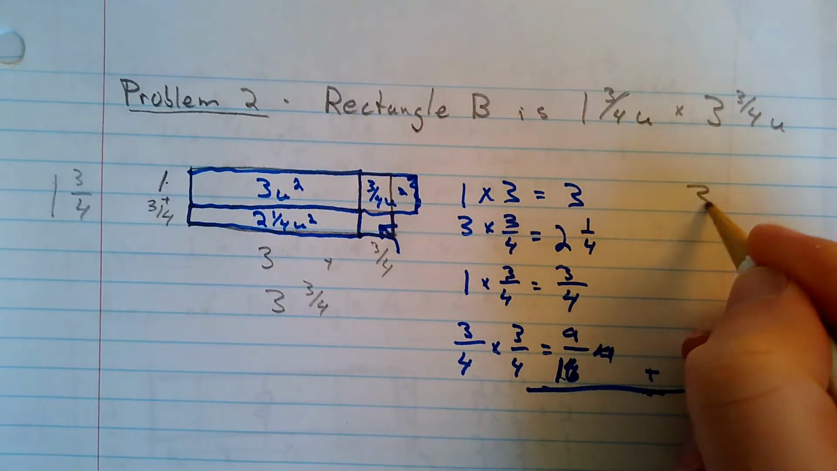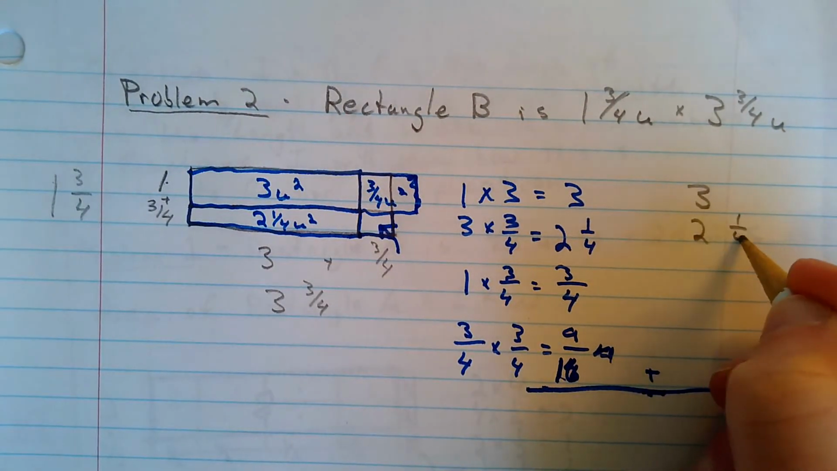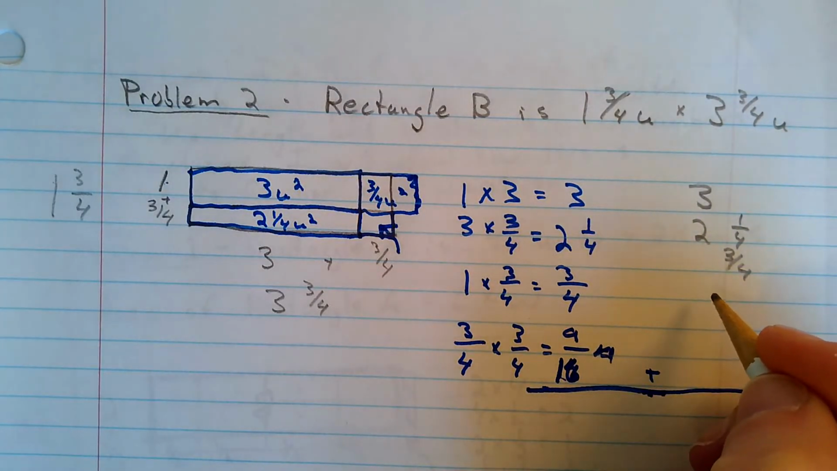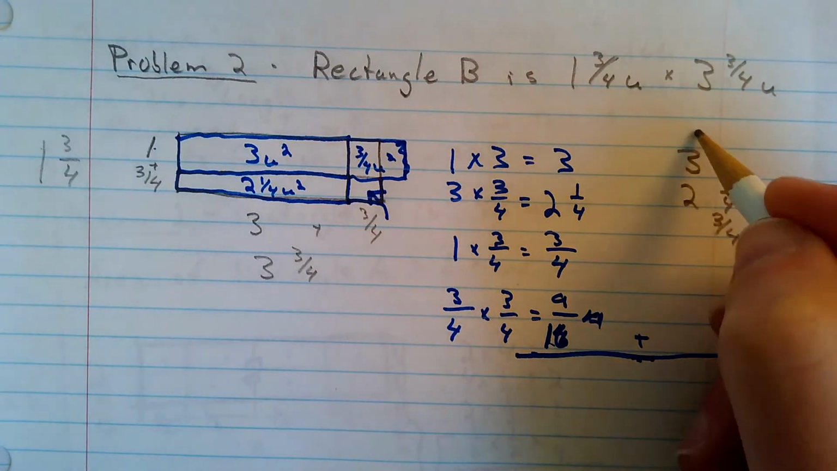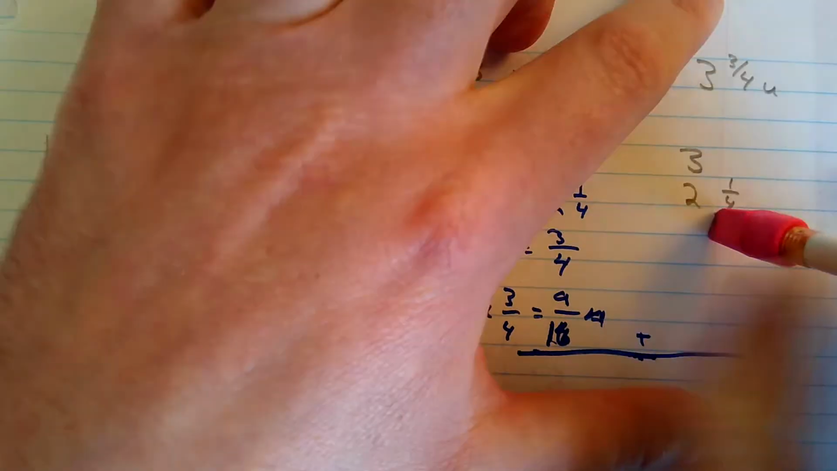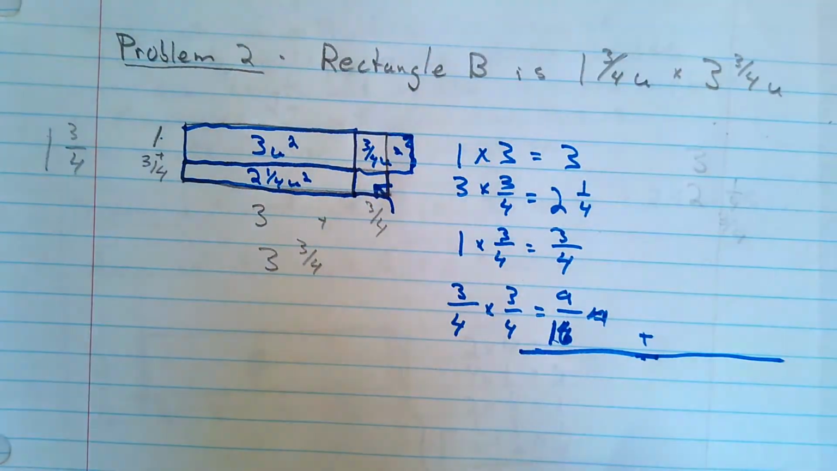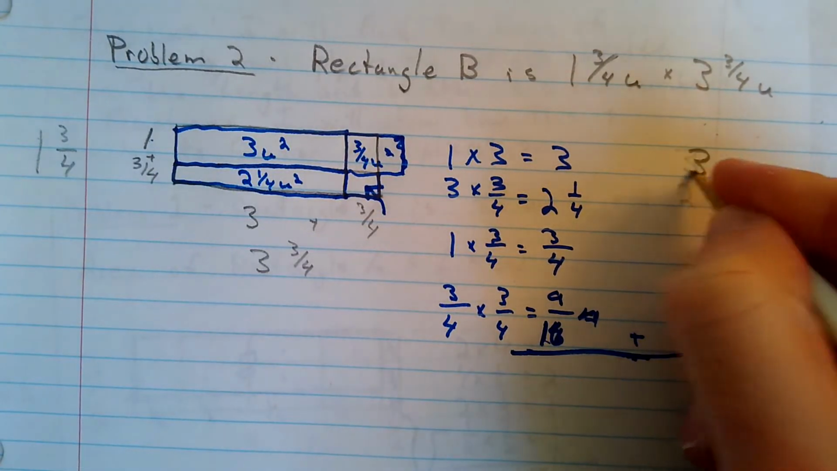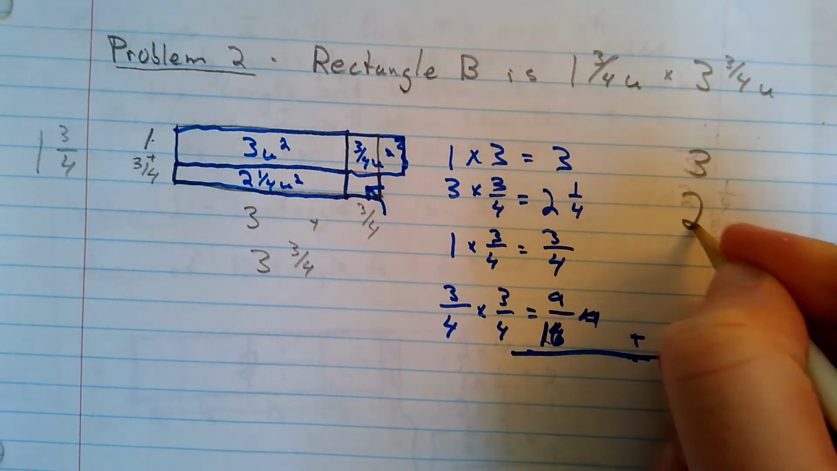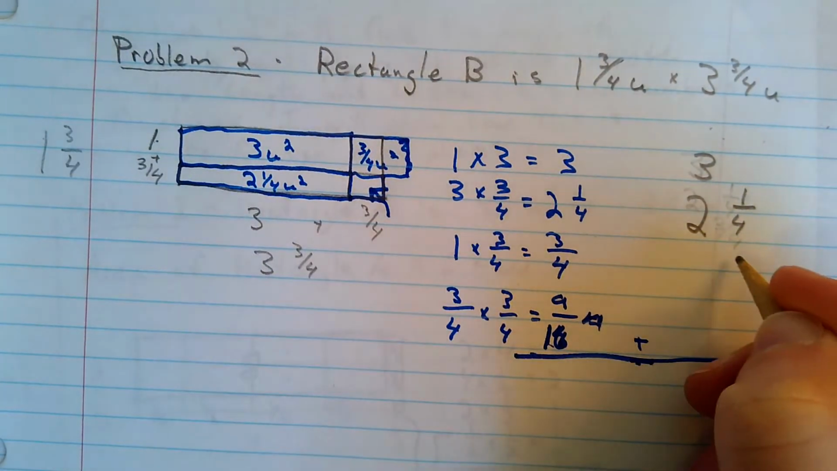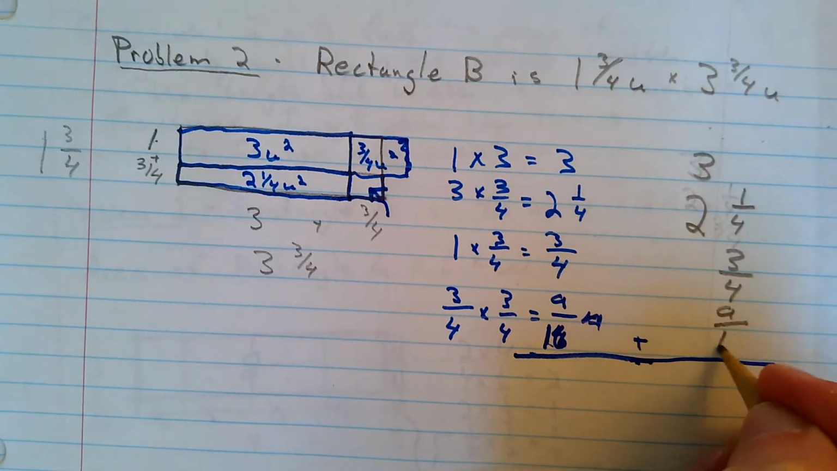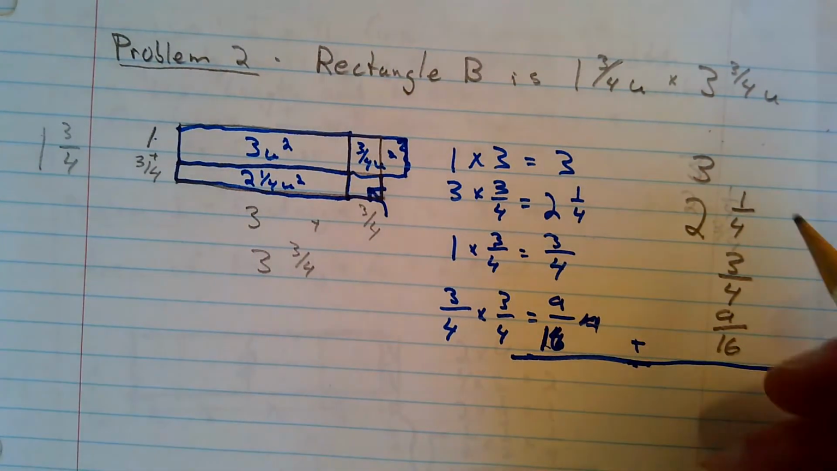So 3, 2 1/4, 3/4, and actually, I don't like the way that that's looking. Let me try again. 3, 2 1/4, 3/4, 9/16. So if I add these up,